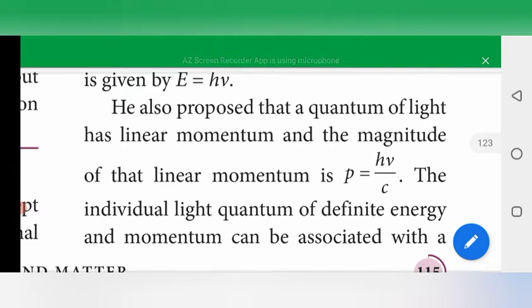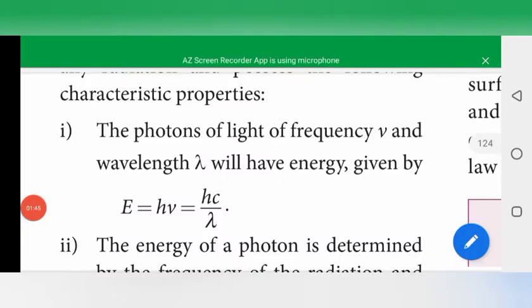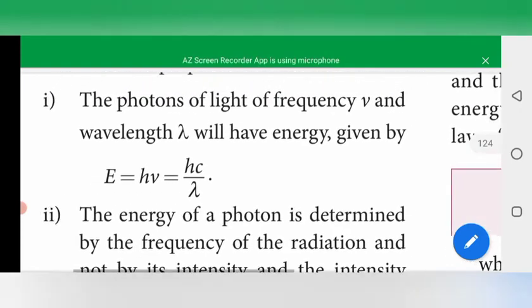Now we will see the characteristics of photon. The first one, the photon of light, its energy is given by E is equal to h nu. You know that c is equal to nu lambda, so nu is equal to c by lambda. Therefore E is equal to hc by lambda, where nu is the frequency and lambda is the wavelength of the